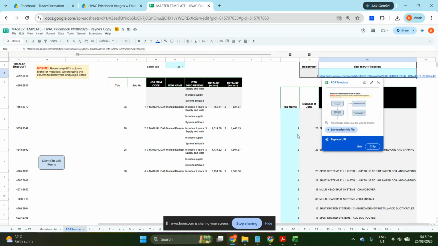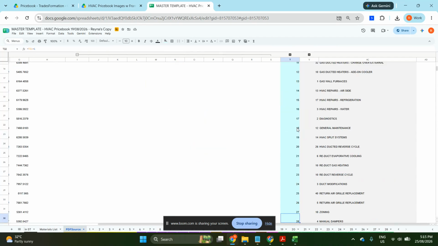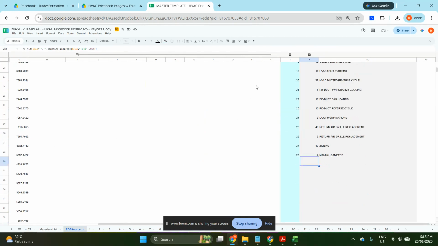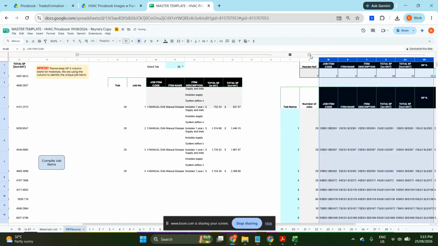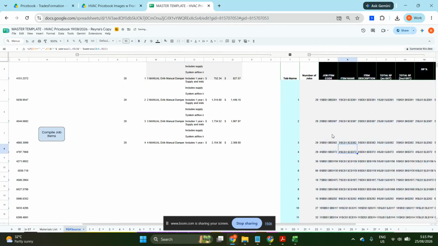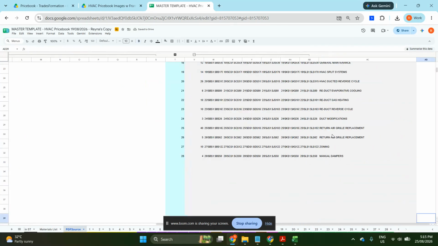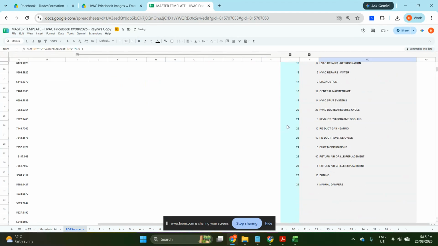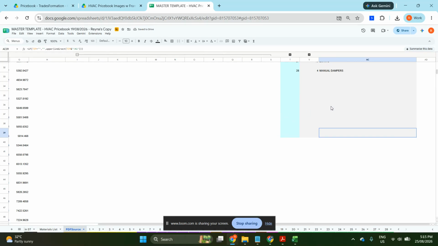So if you add more rows to the list, let's say you put 29 here, make sure the formulas in the gray cells are copied down as well to the new rows. I've grouped the information so that it won't be cluttered, but this one here has several columns, so make sure it's copied down. Right now we have extra rows, so that's okay.